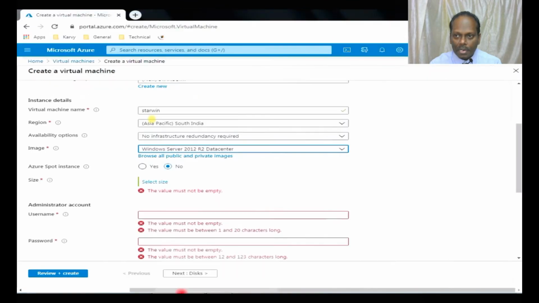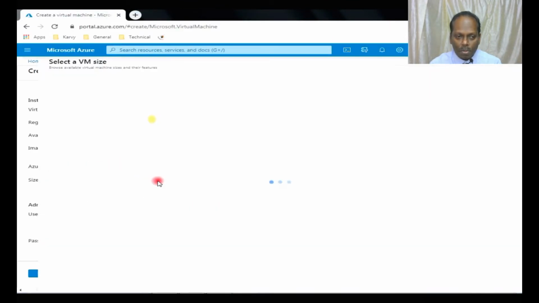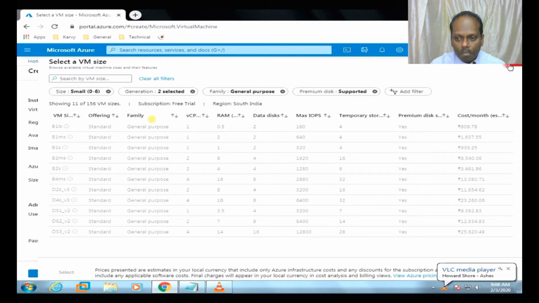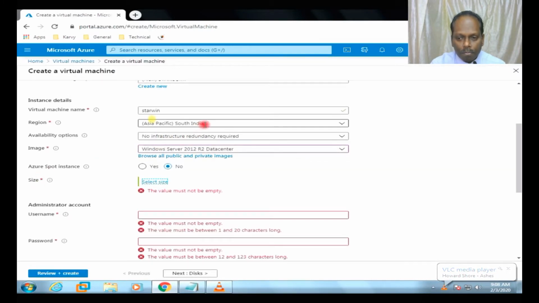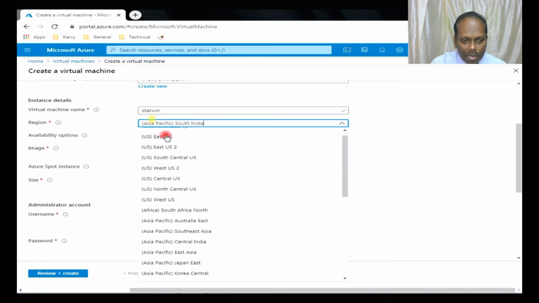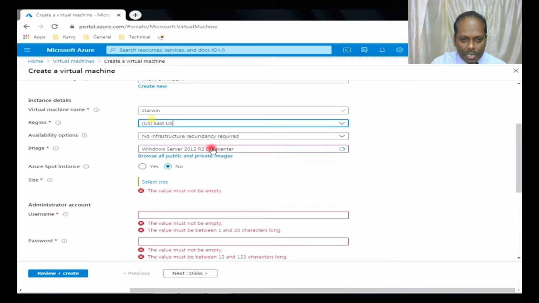You can see here, we are trying to create a Microsoft server. This is not a spot instance. If you want a spot instance, you can. This is the size which you need to select. Here you have various kinds of resources which are available, but unfortunately everything is masked, meaning it's not available. So I'm going to select a different region, maybe US East. We should be able to get this kind of server there.